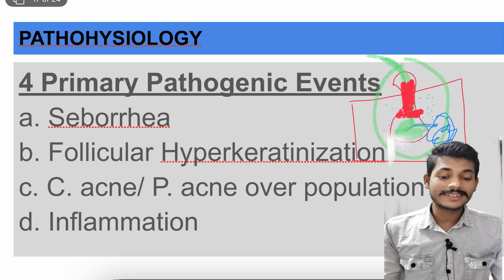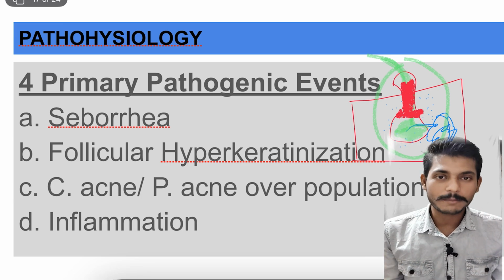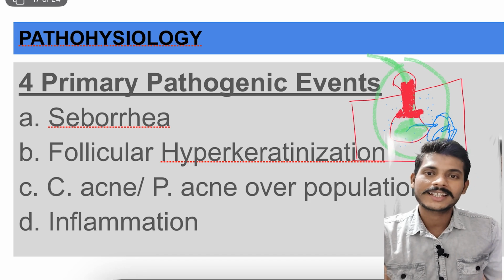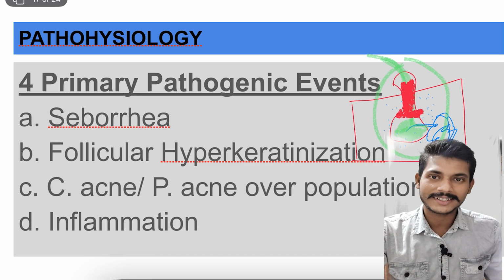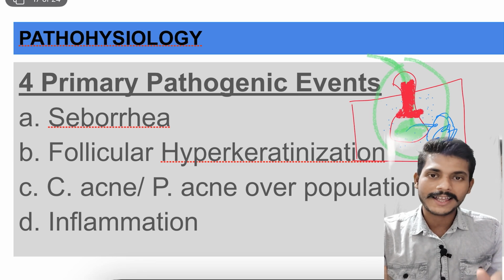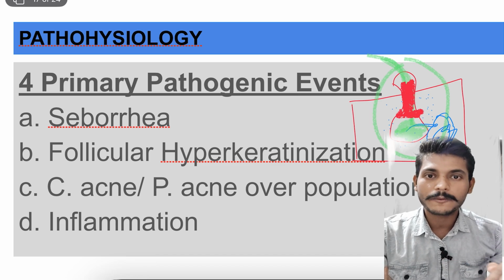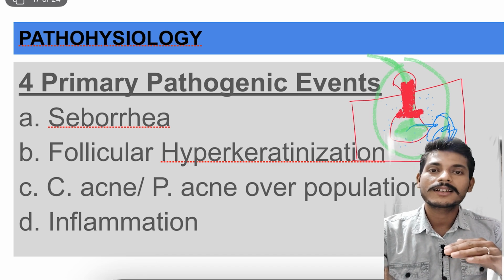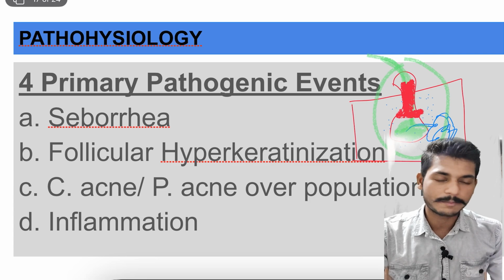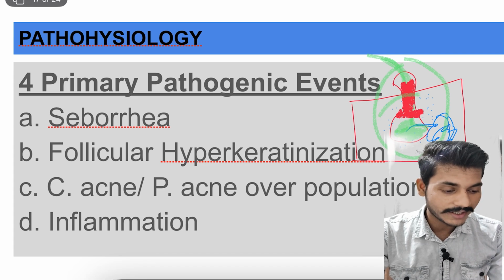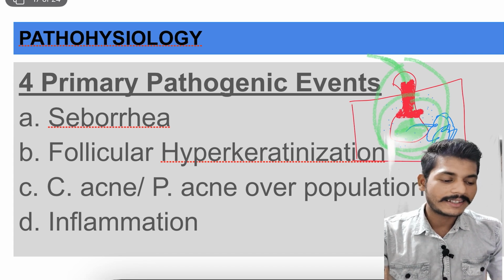I know that this is the normal population, a normal microflora, but their overgrowth can cause a pathogenic situation, it can cause skin disorders. So our immune cells know that they have to keep this P. acnes population at such a level where it will not become a causative agent of acne. So these cells start coming into this region,